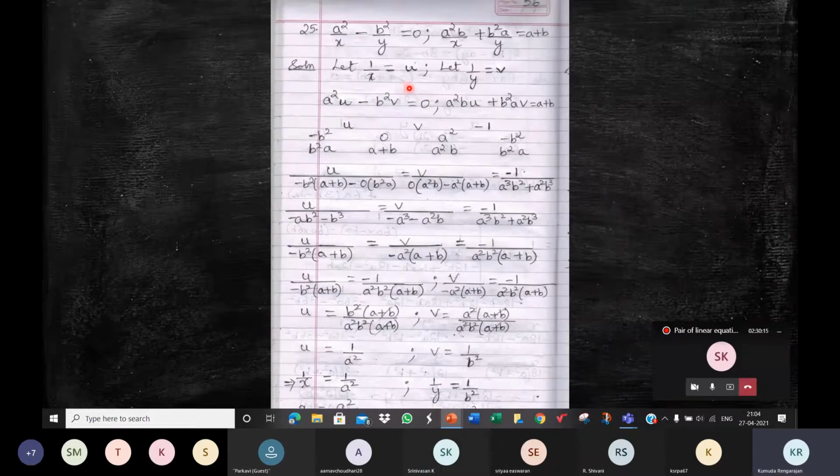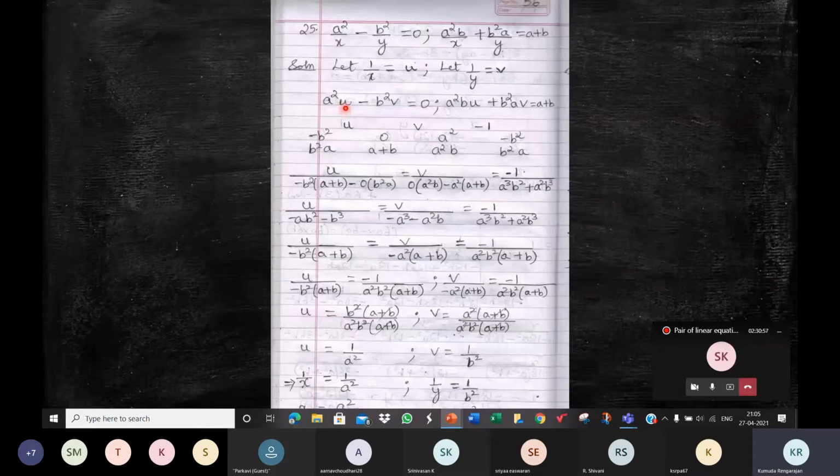That's a different thing. Now we are dealing with the question itself: solve for x and y using the cross multiplication method, which means your prime variables are x and y. Since the equations were not linear, we've used the variables u and v, and we have converted these equations to a pair of linear equations in u and v. So u and v are the variables. The others are only the coefficients.